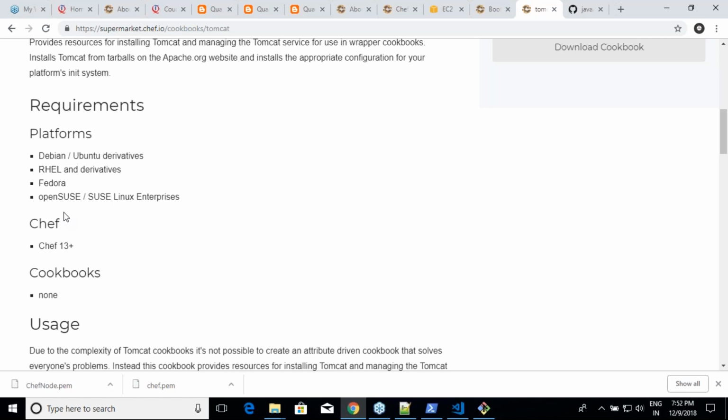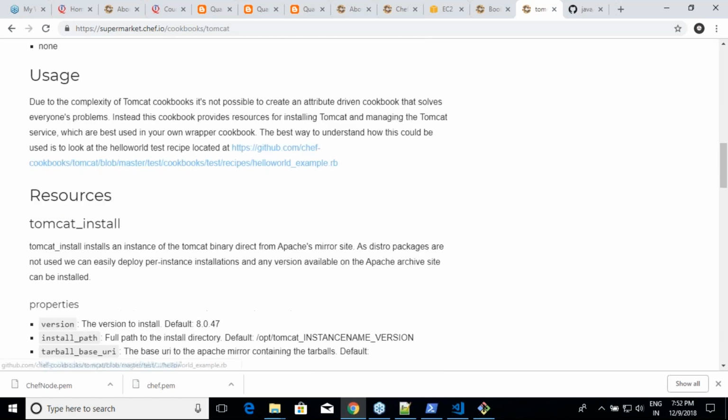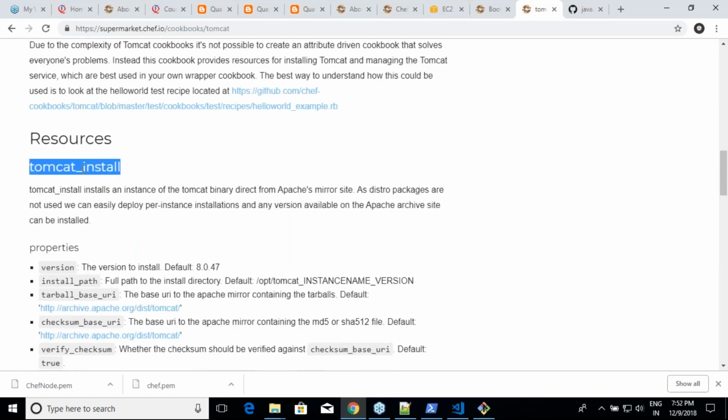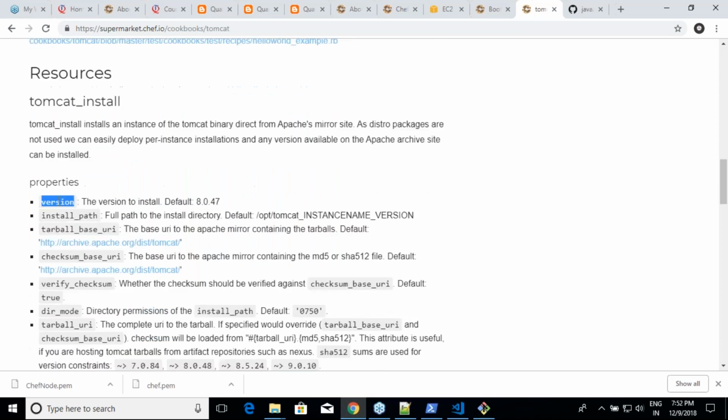And now, if you want to use this cookbook, you have to write something like this: there is a custom resource called tomcat_install. And that resource will take the following: it will take version, right? And install path. And if you don't give the install path, it will be /opt/tomcat_default_instance_name and tarball_base_uri.